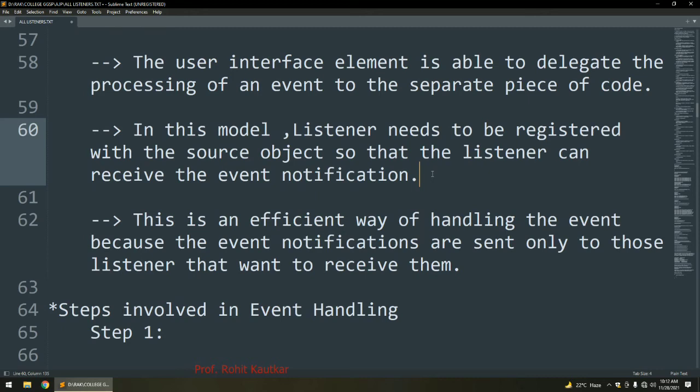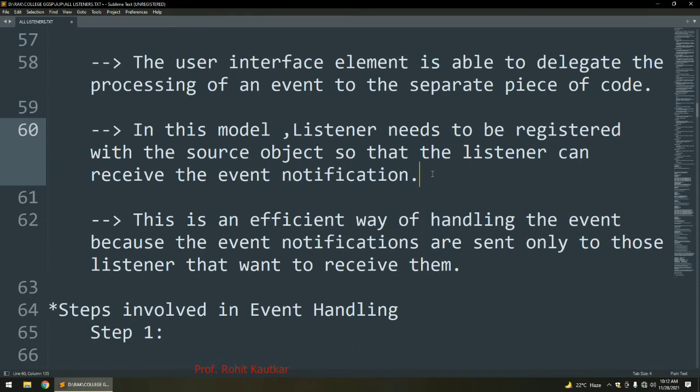So what advantage do you get with this delegation event model? First of all, your GUI related code, your event generating code and your event handling code are separated. Then any GUI component will be able to send the details of an event to a specific listener.